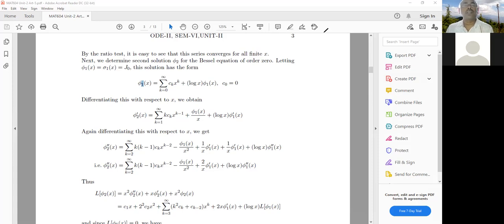Okay. So in today's lecture we have just seen there is a solution called Bessel function of order 0. In the next lecture we will see the Bessel function of order 1, okay, as J1. Yes, and see this J0 and J1 form a basis for the solution of the Bessel equation. Okay. So if you have any questions, you can ask.